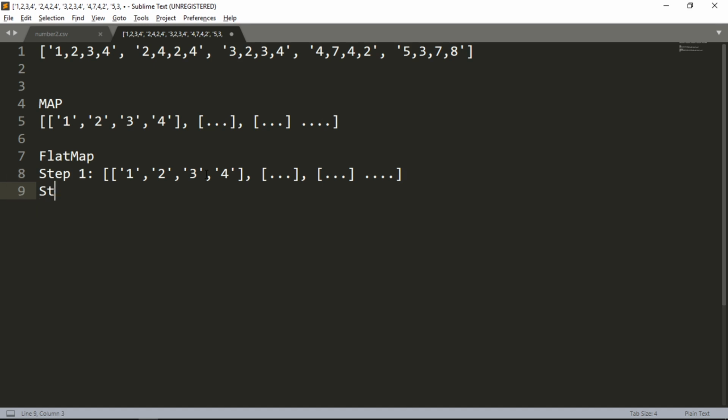And then for step 2, it will remove all these braces. If I copy this from here and put it over here, it will remove all these braces, and whatever is available inside the list is flattened out. So that's how flatMap works.